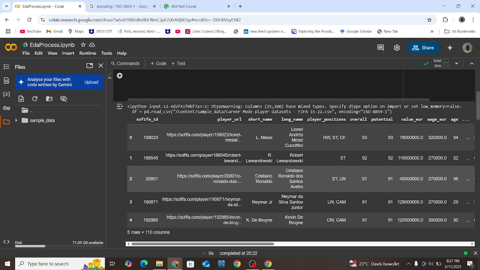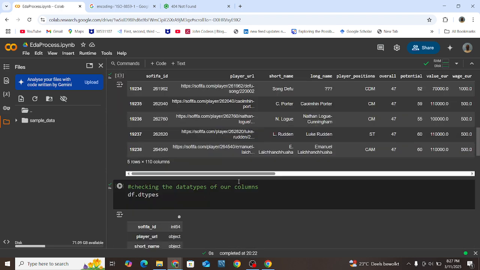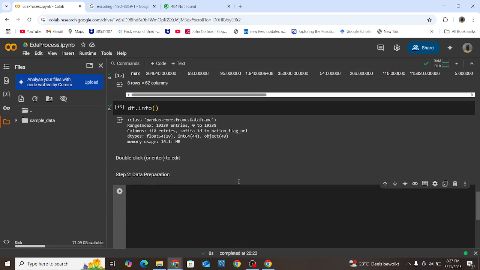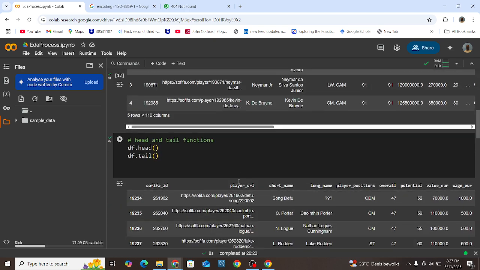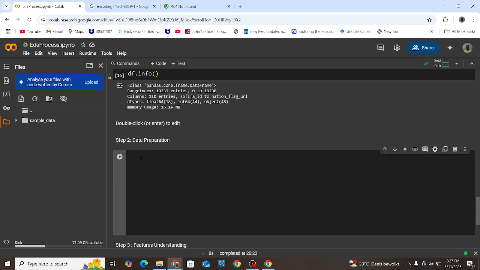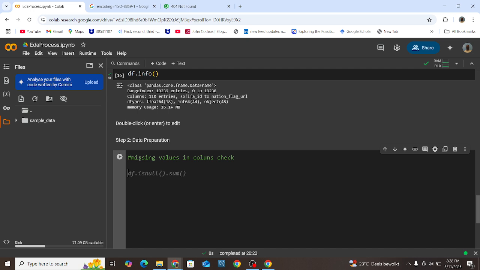So I would like to start by checking the missing values. Let's start with the checking of missing values. Let's call it missing value check. We can always check if there are missing values in our data set,